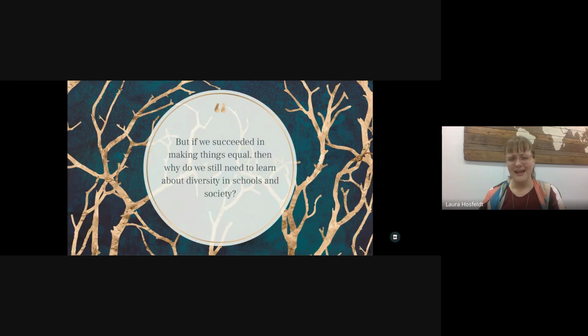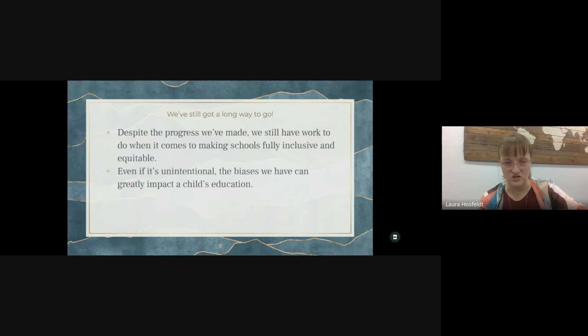So, like I said, have we succeeded in making things equal? They're equaler than they were. We've still got a ways to go, but we still do need to learn about diversity in schools and society, even though things are a whole lot more equaler than they were before. And equaler is not a word. You can just go ahead and judge me. I am an English teacher. I know I'm wrong. But we still have work to do when it comes to making schools fully inclusive and equitable,